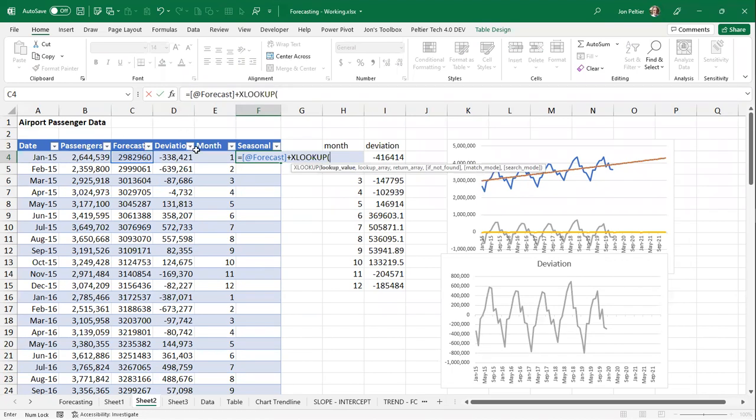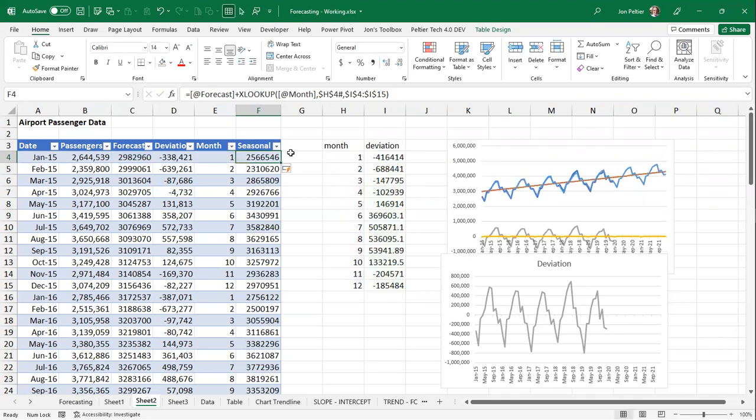So I'm going to look up the month value. Where am I going to look it up? I'm going to look it up in the list of months, which is partly hidden by my formula, but I know where it is. And what I need to do is hit F4 there. So it's going to do the calculation appropriately. And then I also need to return the value from the deviation column over here. You could actually use VLOOKUP if you want, but VLOOKUP is so old-fashioned. And then let me hit F4 here and close that. I'll hit enter. Now here's my seasonal prediction. And